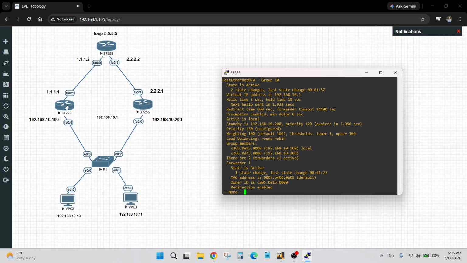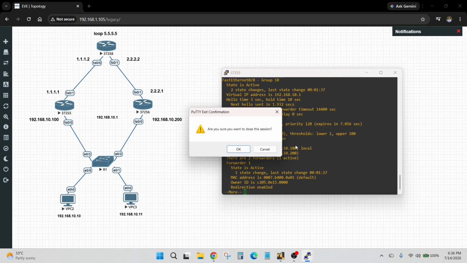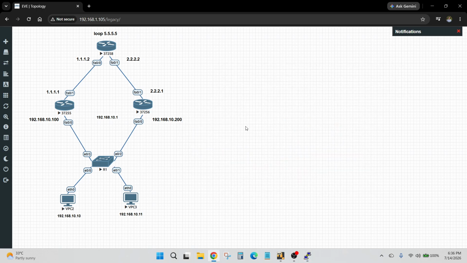Which router is active? Router 1 is active. So when I ping, the message goes via 1.1.1.1 and 1.1.1.2, not this other way, because this way is active. I hope you understand how to configure GLBP.